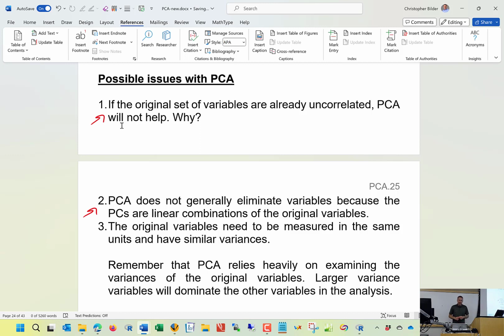PCA does not generally eliminate variables because the PCs are linear combinations of the original variables. So yeah, with the goblet data, we found that the true, let's say the true dimension of this data, is actually essentially 2. But we can't throw away those 5 original variables because these 2 new variables that we're coming up with are all linear combinations of the 5 original variables. Now lastly,